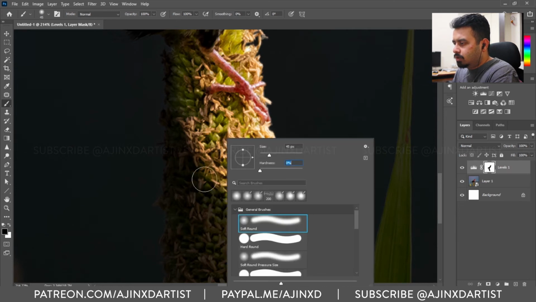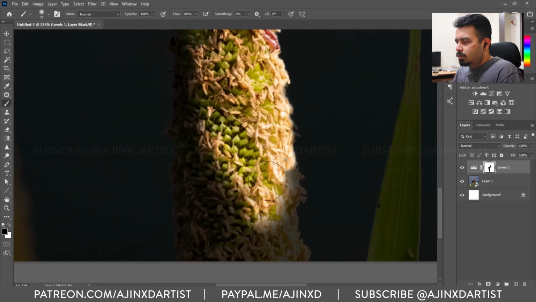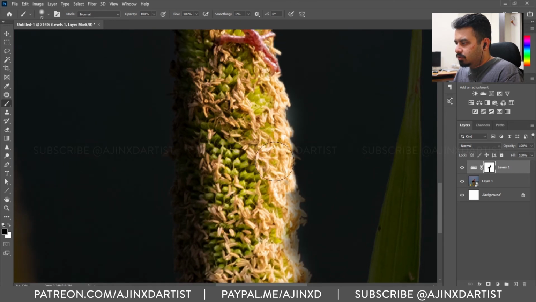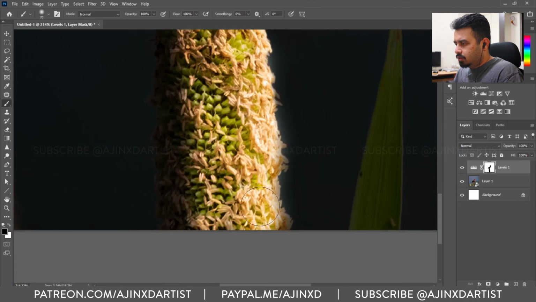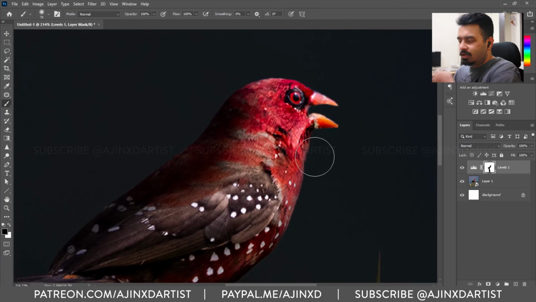So I'll go with 0 hardness and just blend in this area, because clearly I don't want so much of this corn husk to be visible anyways.